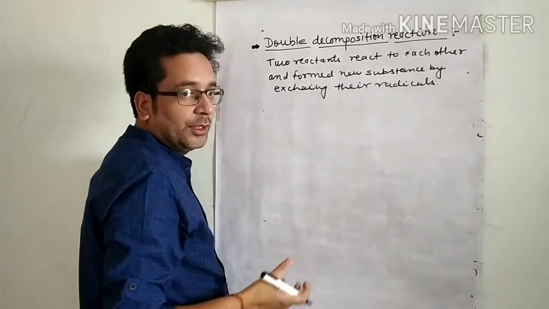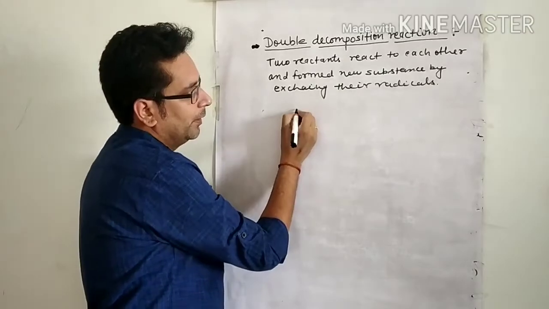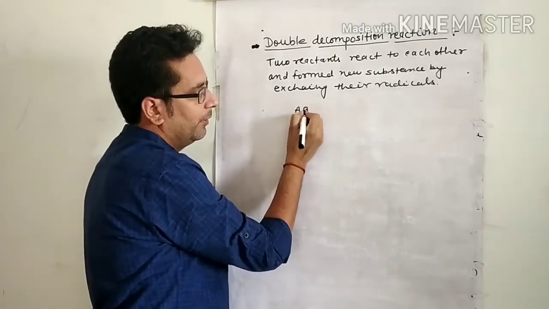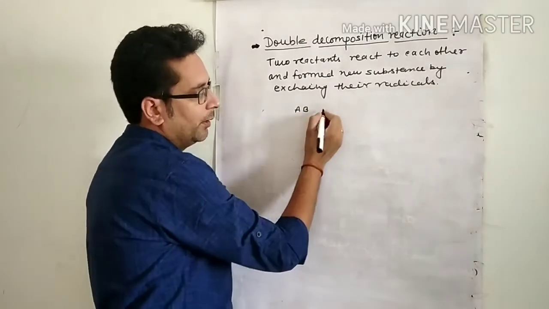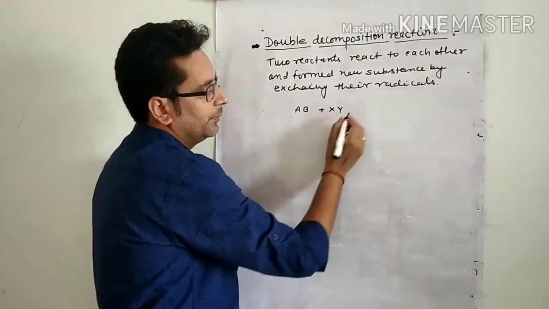Now the general representation of this reaction, look here: AB